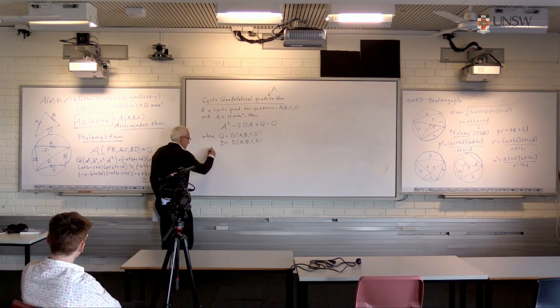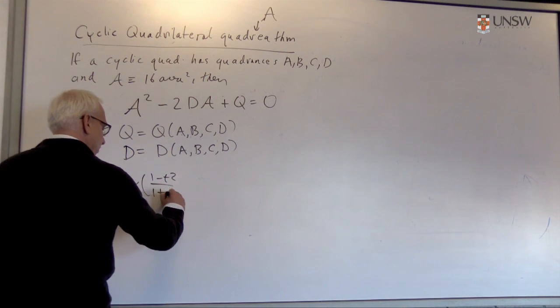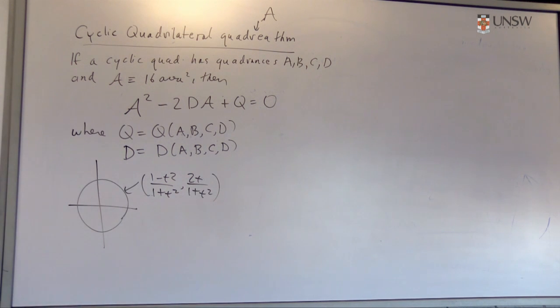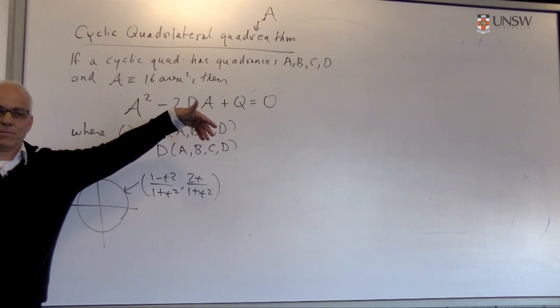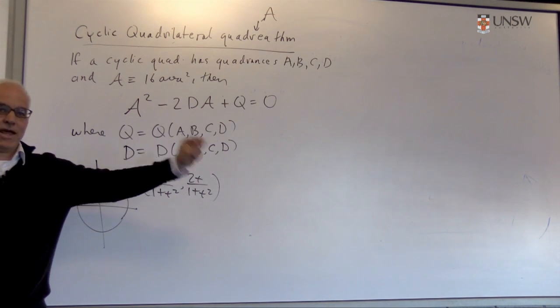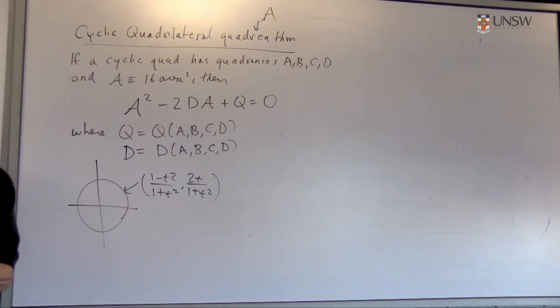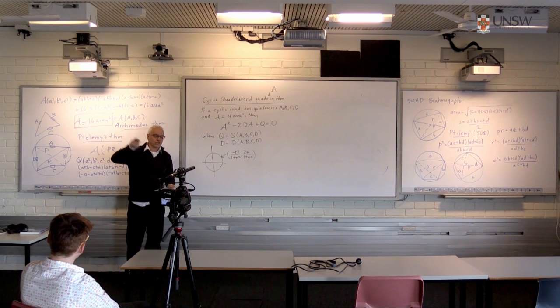So what we do is you take your circle, whatever it is, and you rationally reparameterize it. Here's my favorite parameterization. There's a parameterization of the unit circle. Once you have your circle parameterized, then this just becomes an elaborate identity, some huge identity that you just compute, and you get your computer to check that after all the smoke clears, you get 0 on the right-hand side. So we could circumvent any kind of classical geometry or constructions or anything else. It's just purely algebraic, which means that it works in much greater generality.